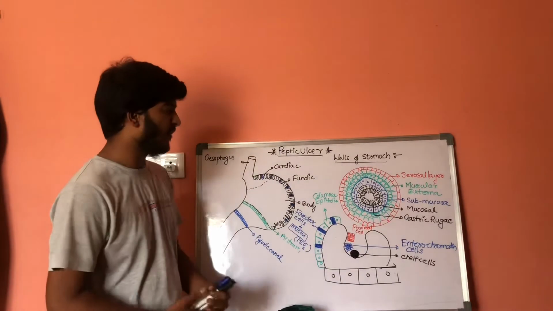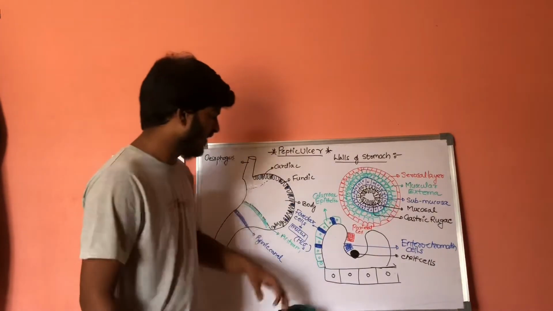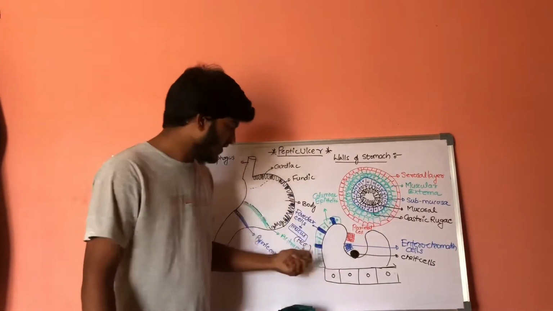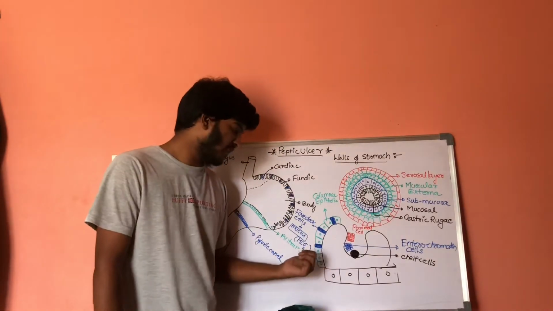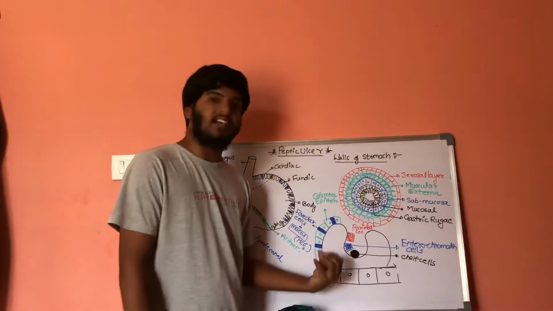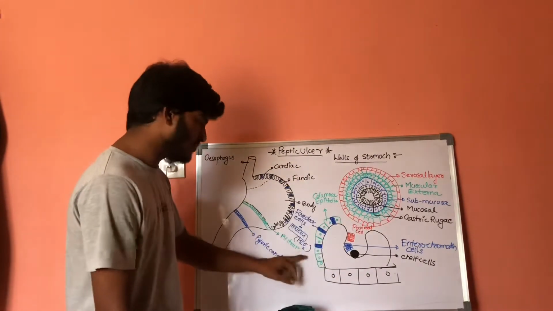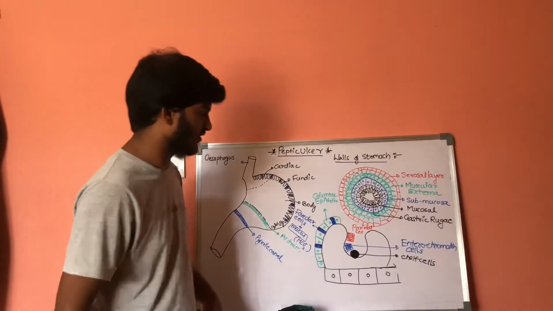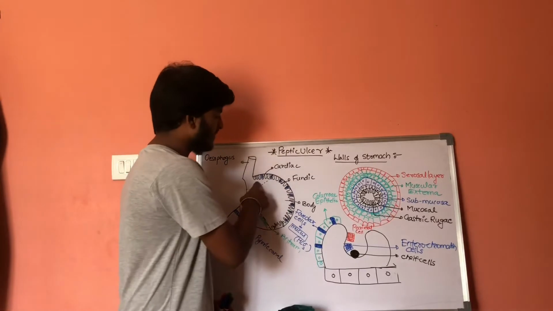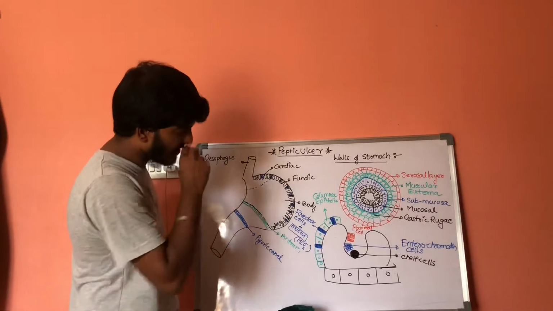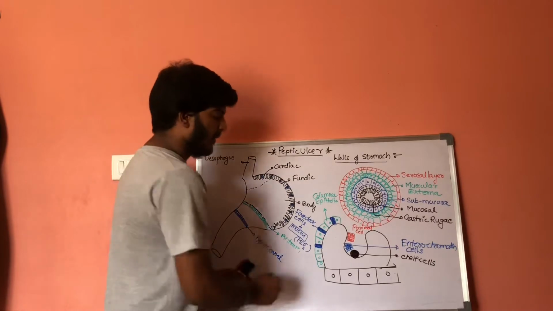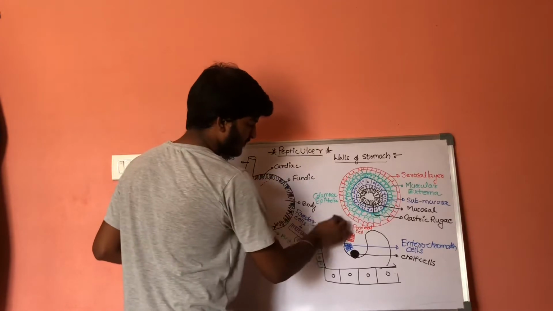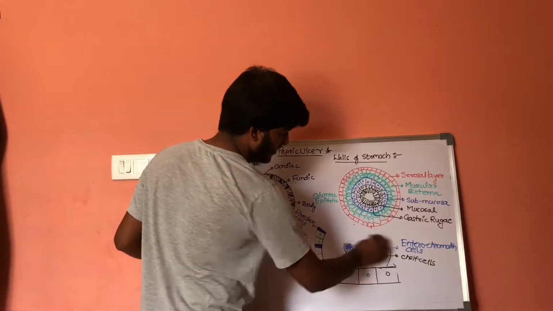The function of these foveolar cells is that they help in secreting the mucus. The mucus which is secreted is rich in bicarbonate. These bicarbonates help in forming the HCl. We will discuss the formation of HCl. These bicarbonates present in the mucus help in secreting the HCl, that is hydrochloric acid. So this is a part of the cardiac stomach and fundic stomach. Now let us have a discussion on the mucosal layer present at the pyloric stomach, which is different from the cardiac stomach.